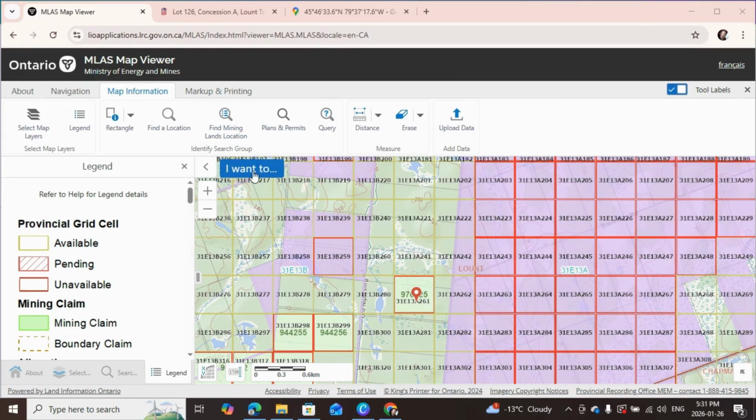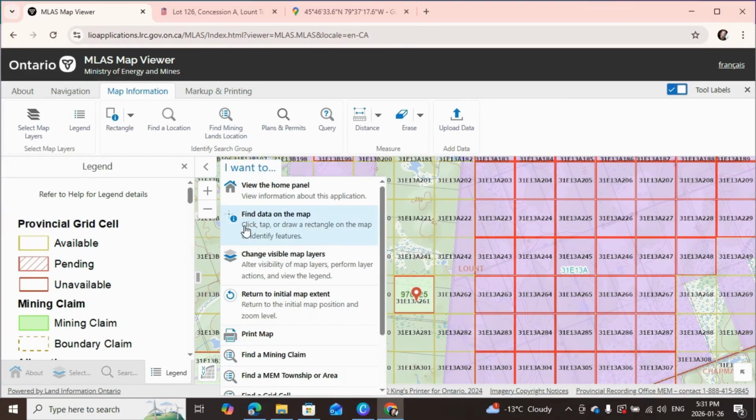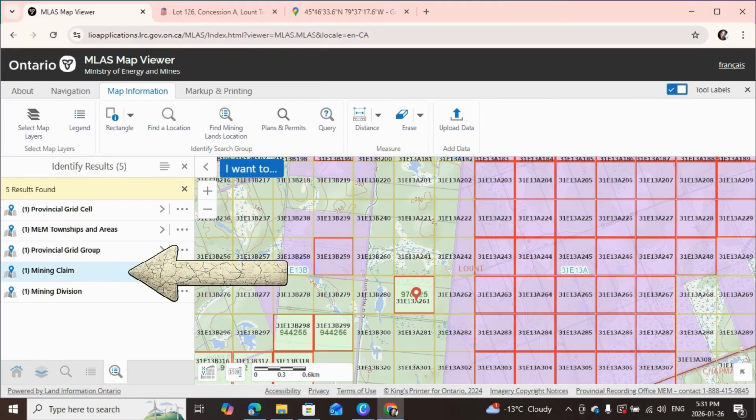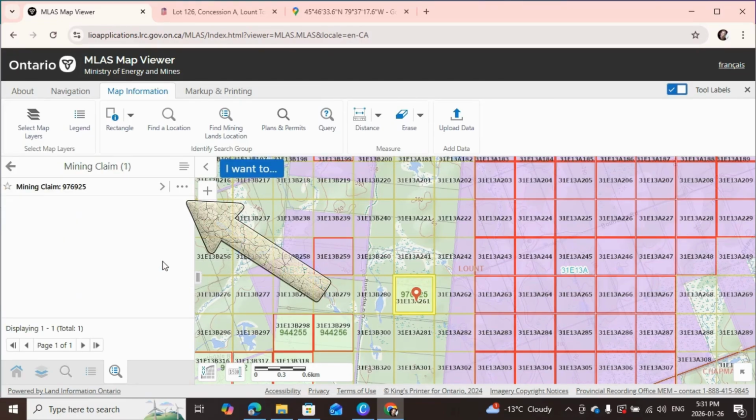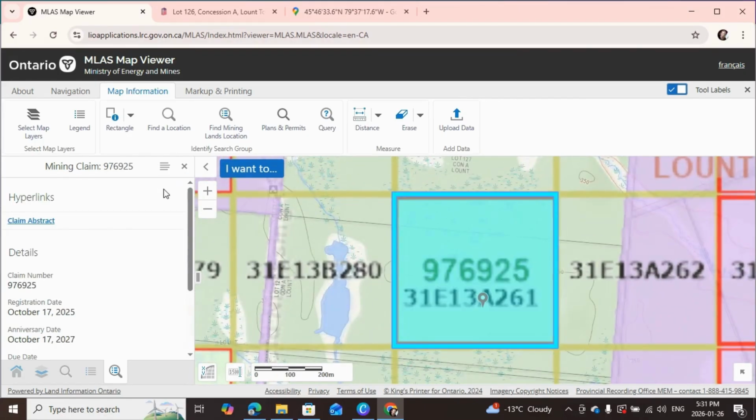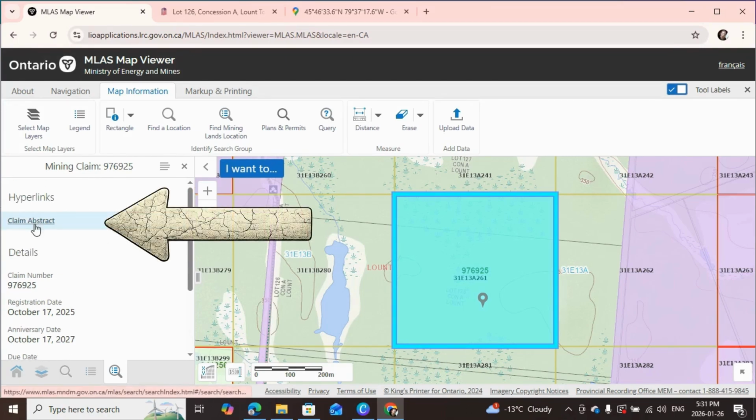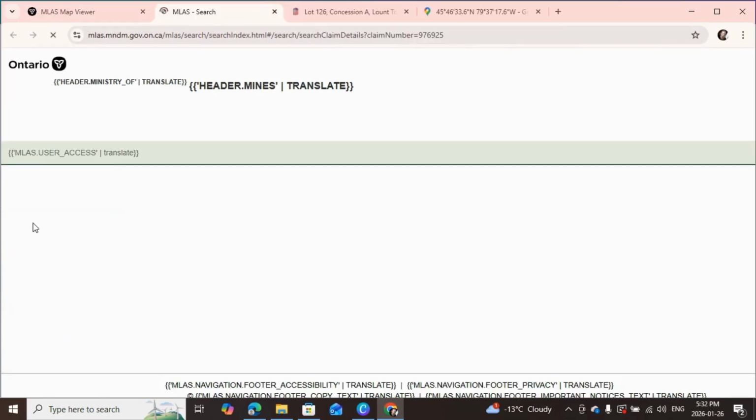So we'll again find that on the map, select the cell. This time let's go right into the mining claim. We see the number up here. Let's click on this little arrow up here. This will give us some more information. Talks about when the claim was registered, when it's coming due, etc. What we want is back up at the top, the very first hyperlink. It's called Claim Abstract. So as we click that,